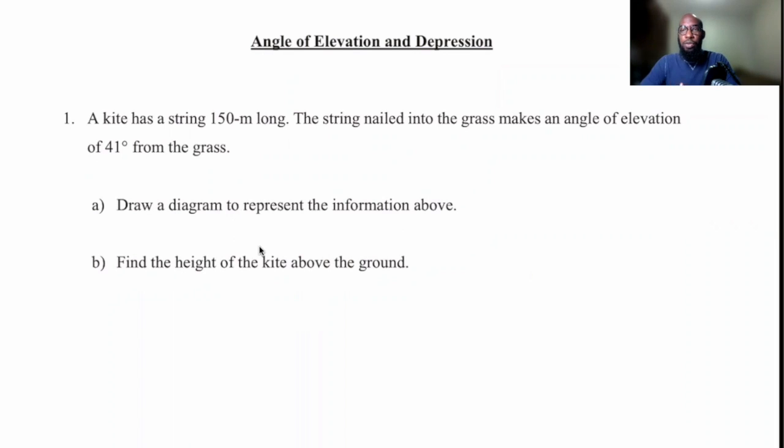Now, when you draw a diagram, you'll get a right angle triangle. From this information here, you would obtain a right angle triangle, and from the right angle triangle, you'll be able to find out the height. When you label your diagram properly, you'll get your height. So let's deal with it one at a time. So they said